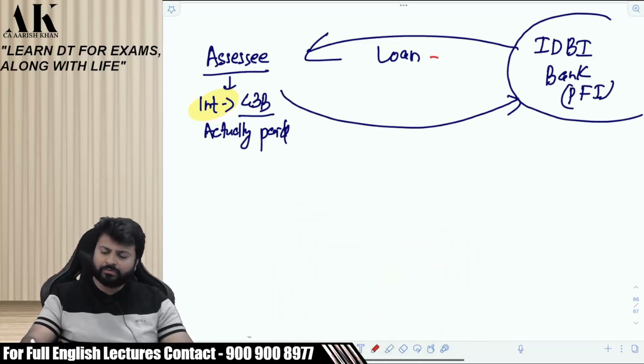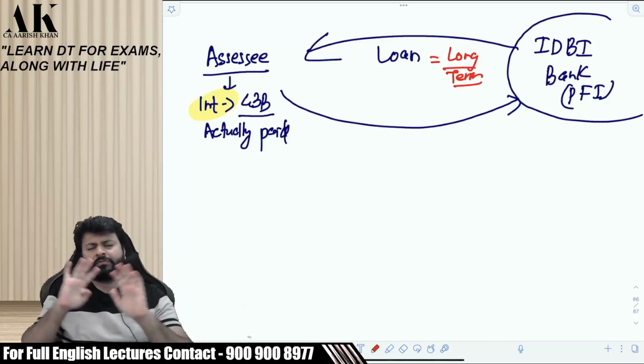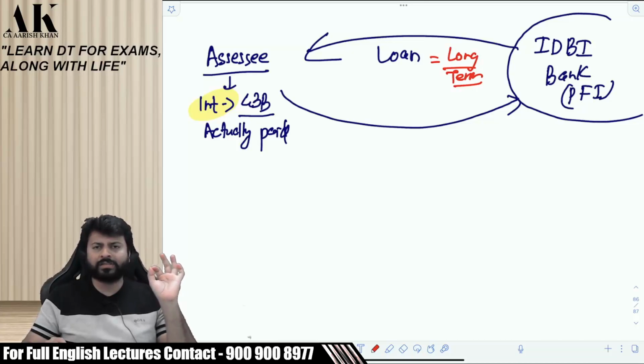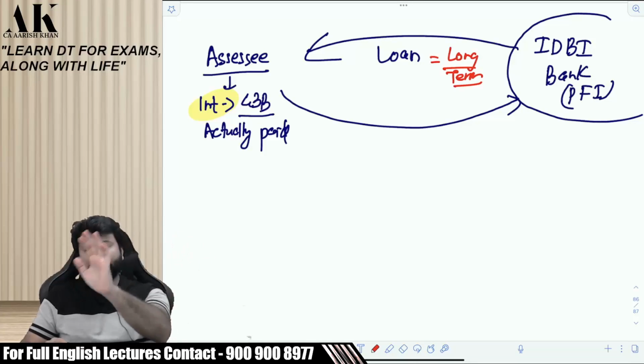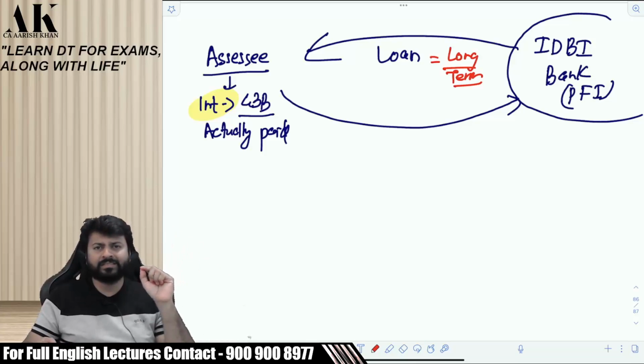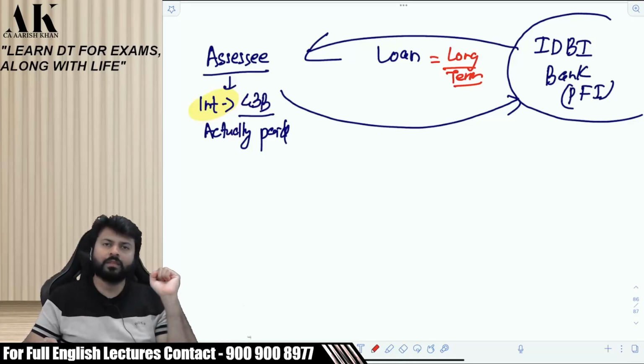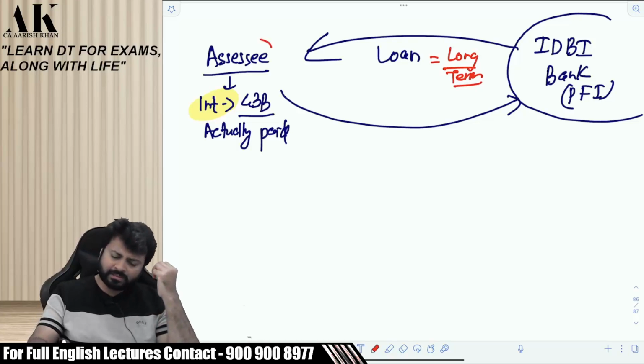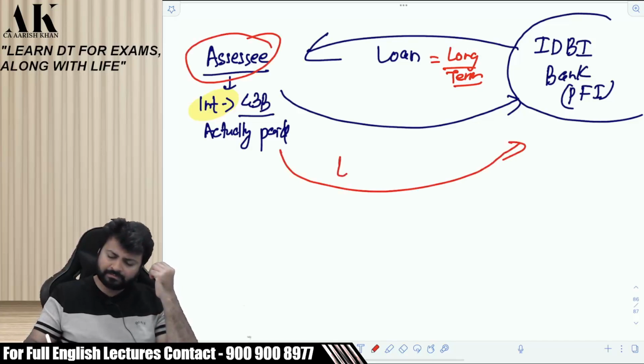Now, what happened? This loan was for a long term, for a very long period of time. After a few years, the assessee approached the bank for reducing the rate of interest. Listen carefully. Are you listening, beta? The assessee said to the bank, please reduce my rate of interest. The bank also agreed, and the bank said to the assessee that you make one lump sum